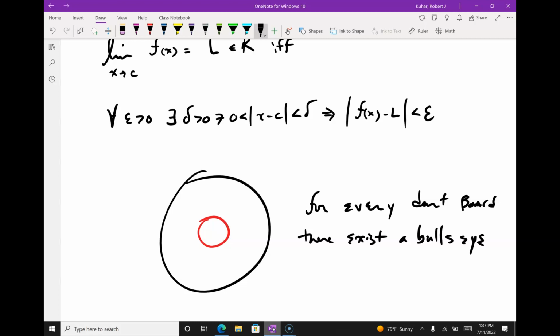Yes, you with me? Everybody understand this? Not everybody plays darts, but I think you can all see like the archers in ancient times, right? Shooting arrows, yes? For every dartboard, there exists a bullseye such that if we restrict